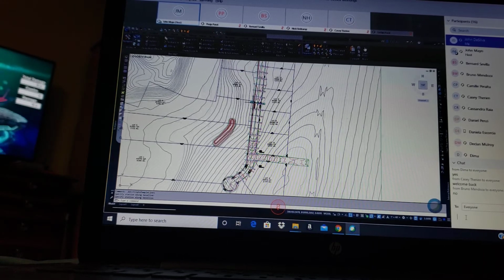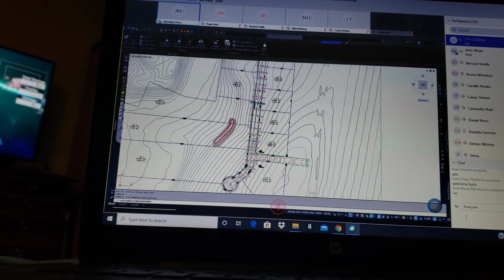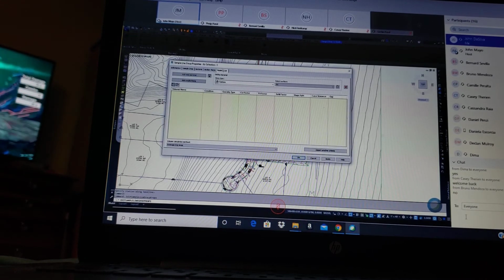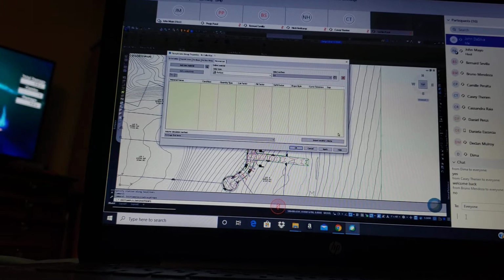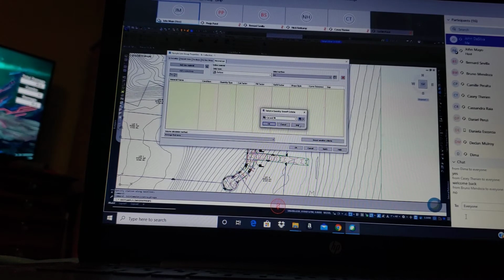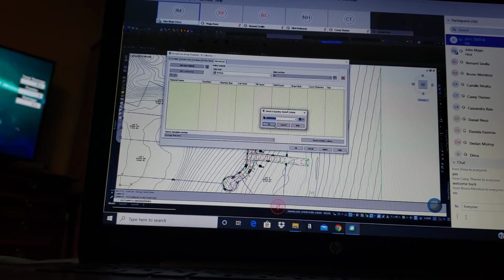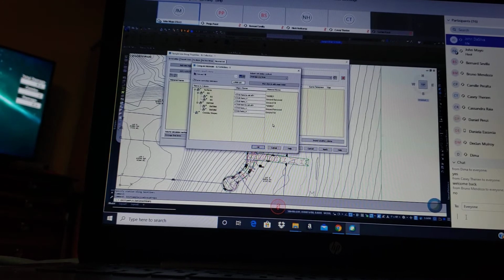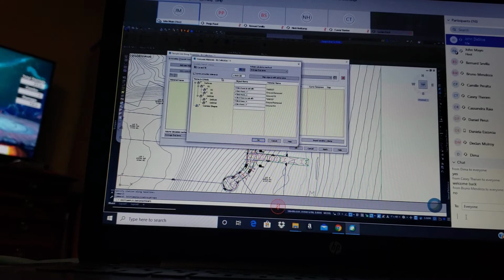And then we went to our sample line group properties. And I told you to go to your material list, and we import a criteria. Cut fill, we hit OK, and we don't crash this time. We get our compute materials. And this is just really asking you to set